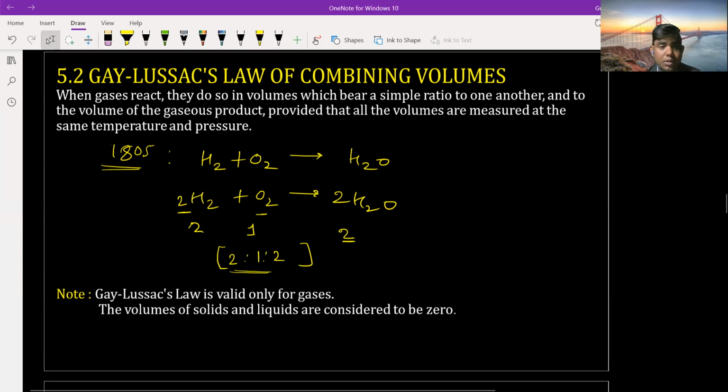ये कब होगा? जब टेम्परेचर एंड प्रेशर कांस्टेंट होगा। ओके, ये वेरी नहीं होगा, टेम्परेचर एंड प्रेशर कभी वेरी नहीं होगा। जब भी जैसे मान लो हाइड्रोजन का हम वॉल्यूम कर दें, इसको हम 3 गुना कर दें, तो इसको भी हमें 3 गुना पकड़ना पड़ेगा। मीन्स इसको 6 वॉल्यूम ले तो इसको 3 वॉल्यूम लेंगे, तो ये ऑटोमेटिकली हमें कितना मिलेगा? ये भी 3 गुना मिलेगा। मीन्स इसका 6 वॉल्यूम मिलेगा। ओके,